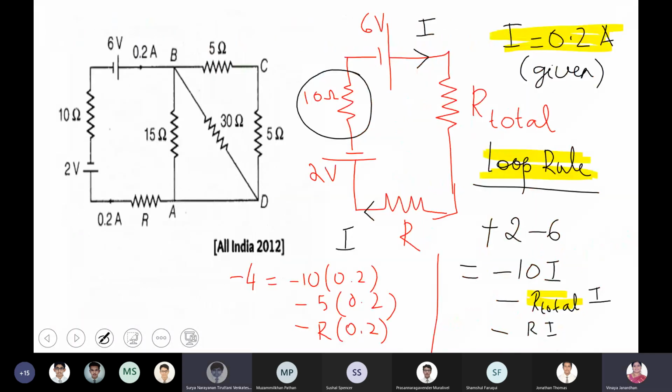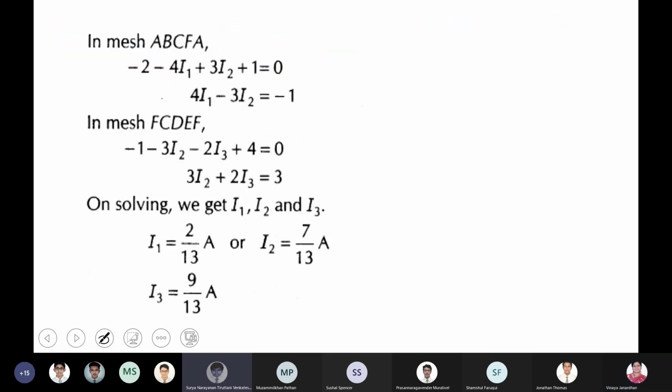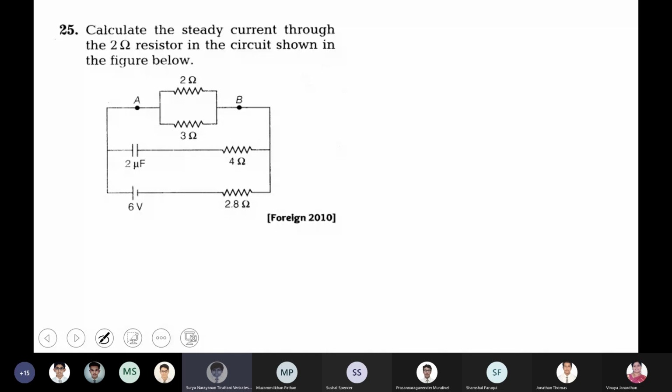Ma'am, so the potential difference won't be -1, right? Or will it be -1? You can write it as, that value is 1 volt, but it implies a negative value because the current of 0.2 ampere is flowing in the clockwise direction. In the exam, if you write 1 volt, is it enough, or do you have to write -1 also? It's better to have both.